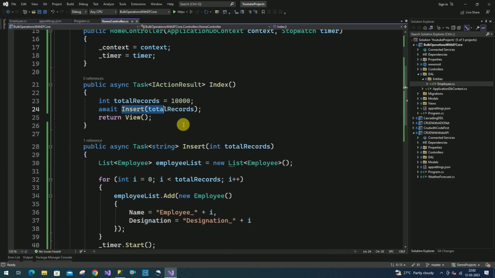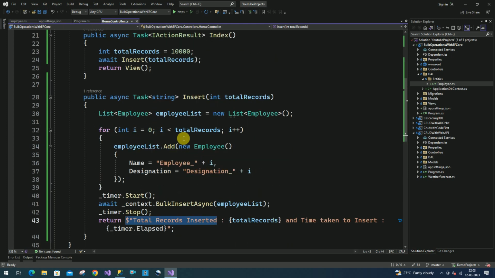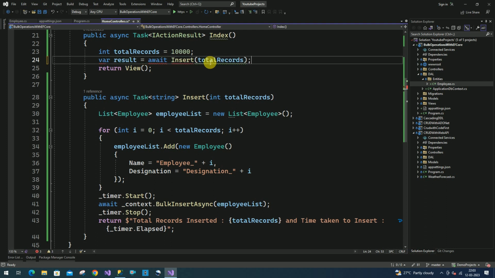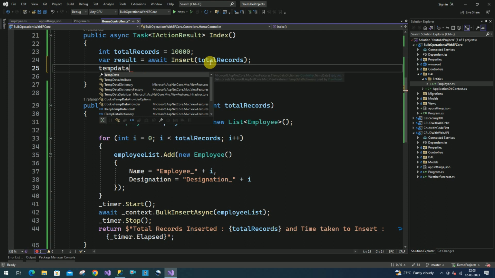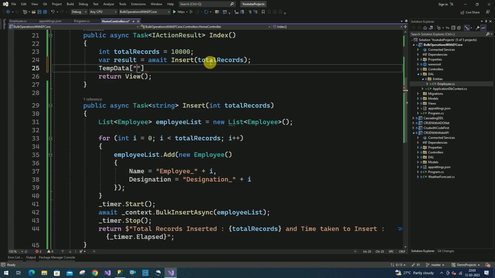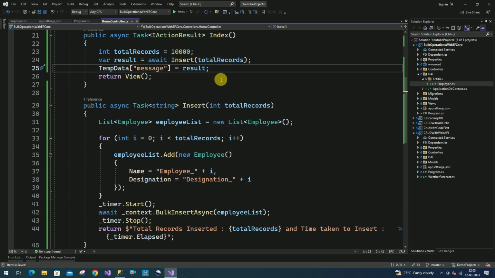Whenever this insert is successfully completed, we will get a message like this. So we are going to display this to the user. For that, here I am going to store it inside result. This result I am going to store in temp data. I'll add the key name as message. This is going to be result, and this message I am going to display inside our